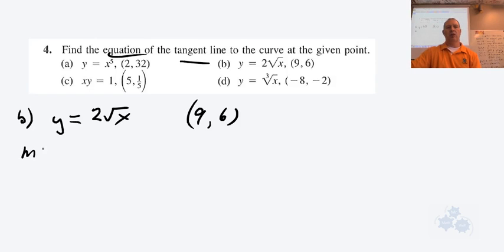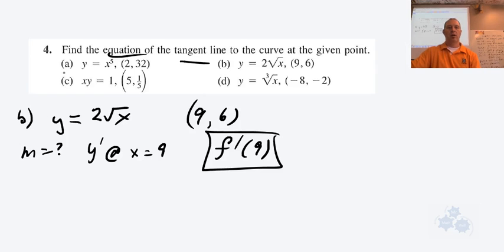tangent, let's find slope first. We need to find that. Well, that actually is y prime evaluated at x equals 9, right? Or f prime of 9. That's what it is. So if f of x is 2 root x, f prime, well, let's simplify this a